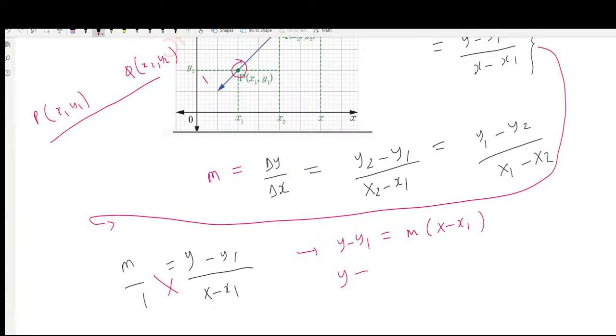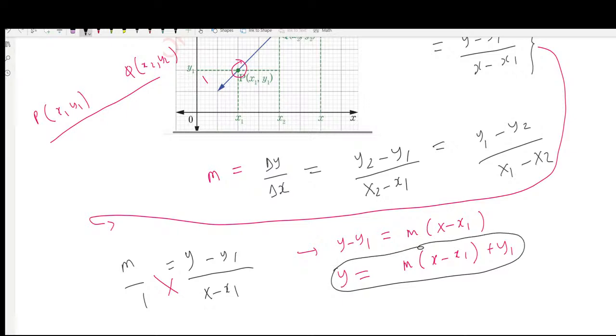So from here you can make y the subject, and y will be equal to m(x minus x1) plus y1. So this is the equation of a straight line,